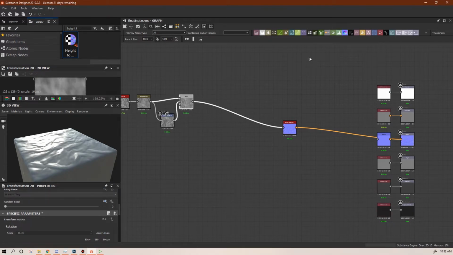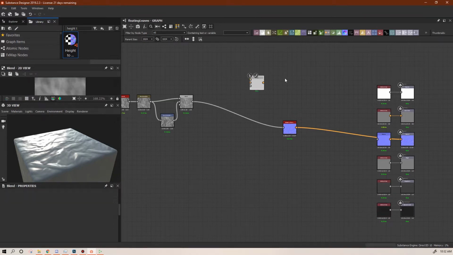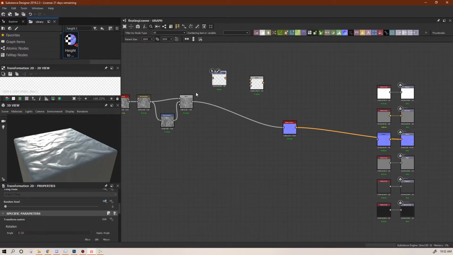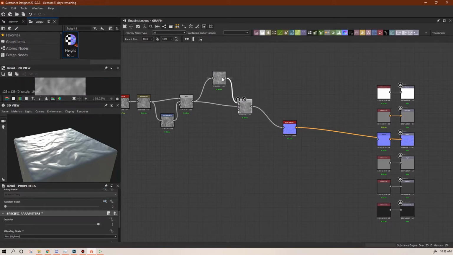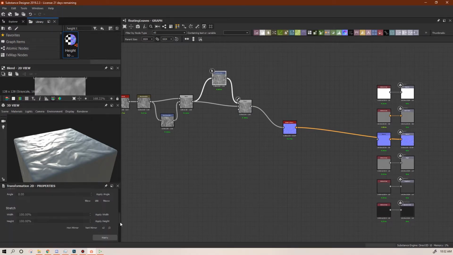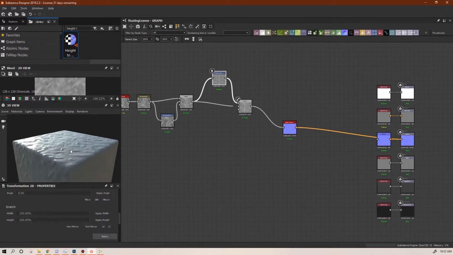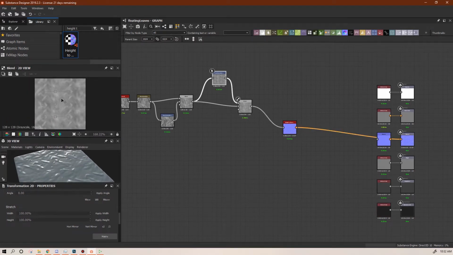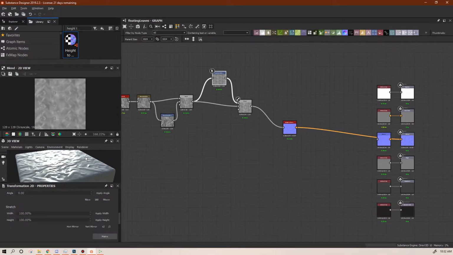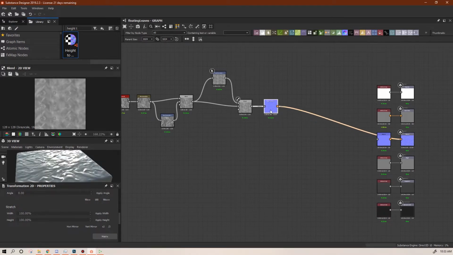And we're going to kind of repeat that. So I'm going to get another blend, and I'm going to get another transform 2D. And we're going to make this a light and blend as well. And we're going to make this a little bit smaller, I think, so probably something like that. And again, we can place it in a position that we like. We're just trying to get it choppier and choppier and choppier, and that's kind of what's happening,